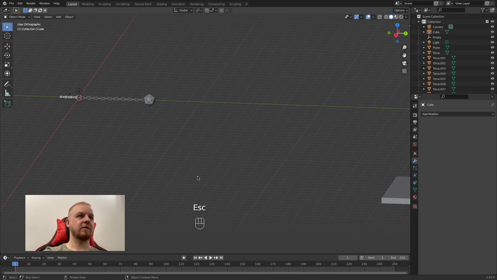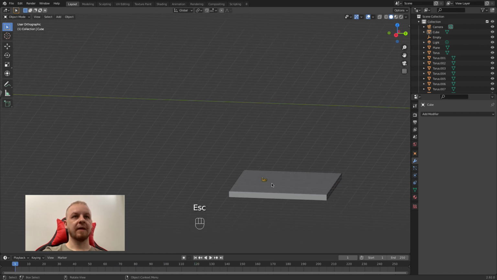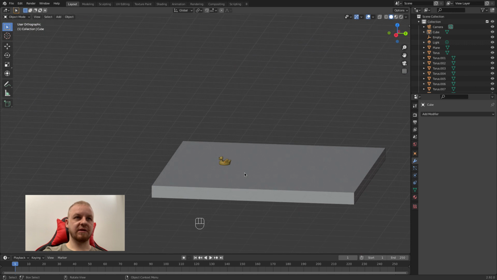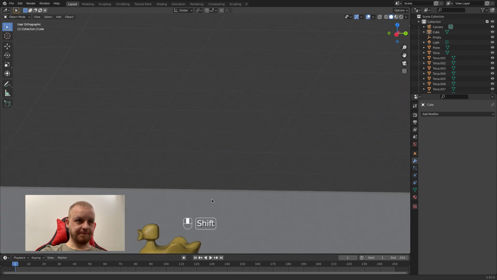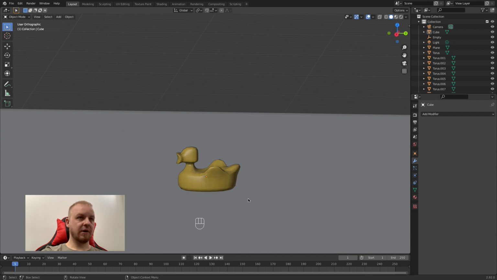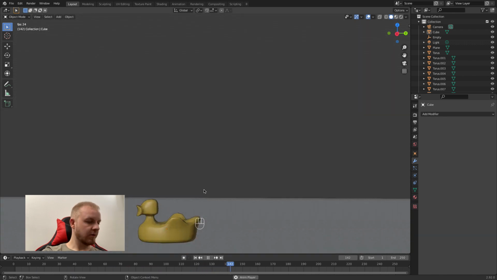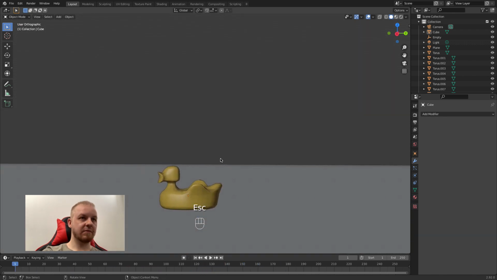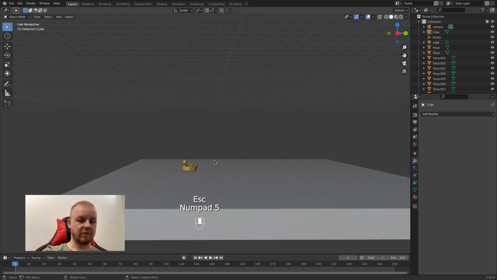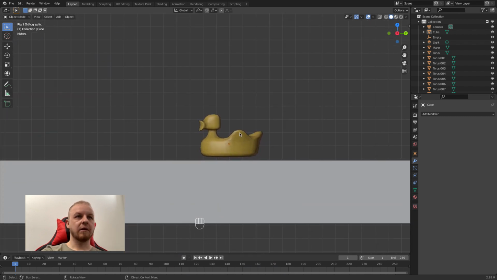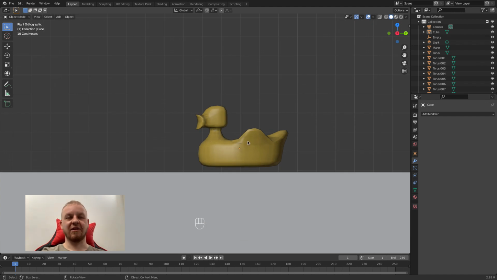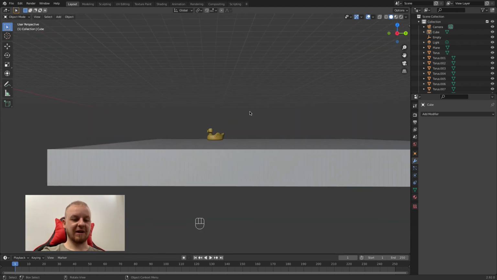And here we cannot see too much because it is really close to the floor, but if we press escape, space, we should see something, possibly. Let's try, 3 on the numpad. Okay, sorry, of course, we have to